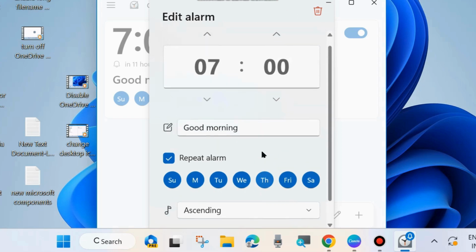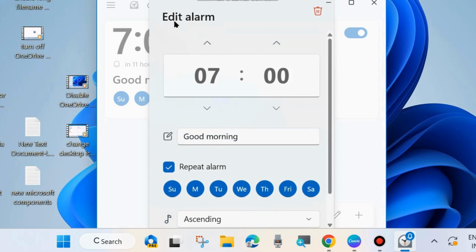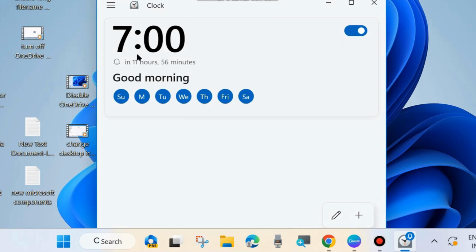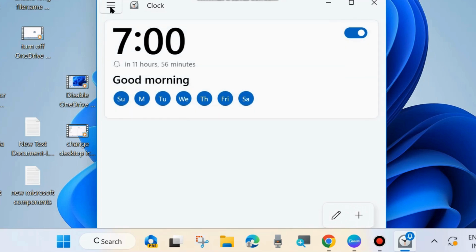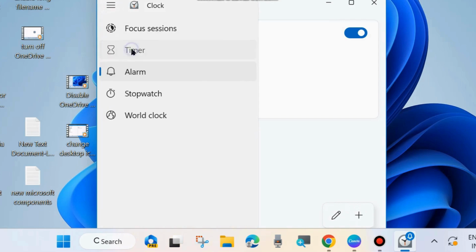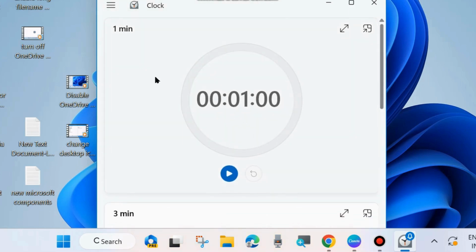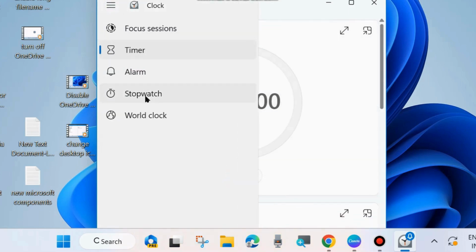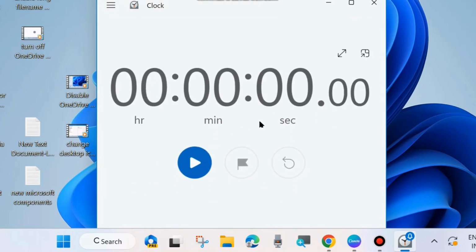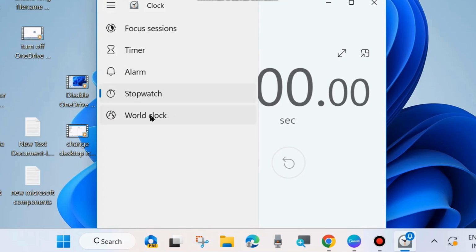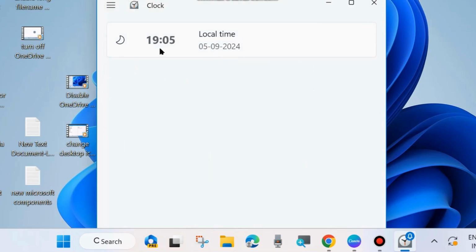Various other features are also available in alarm, and on this page click on three horizontal lines from the top left corner, and you will see various types of other options: timer, stopwatch, world clock, and also